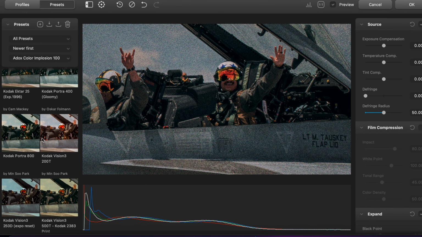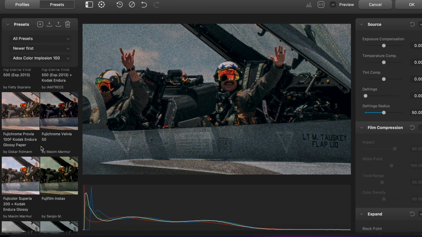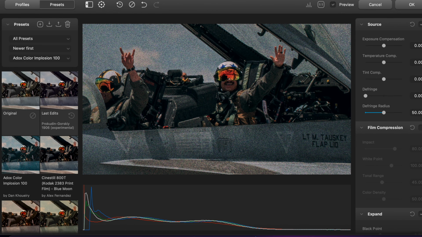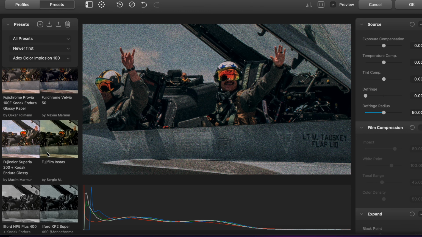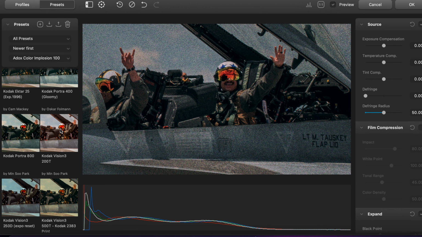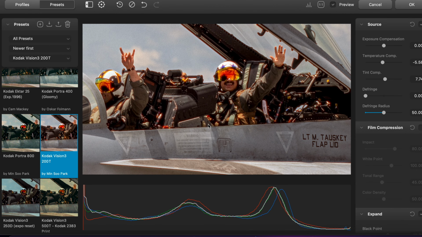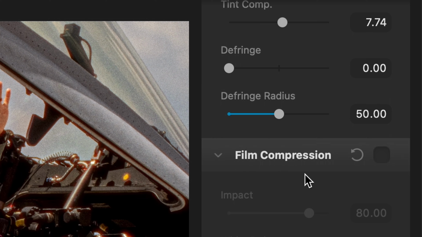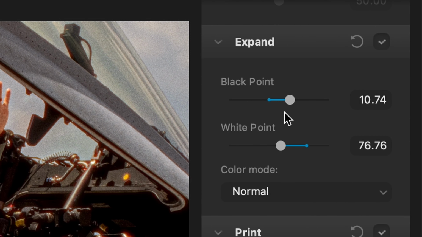But me personally, since I kind of grew up in the 90s, I feel like a lot of the warmer colors, warmer films kind of feel more at home to me, like this Kodak Vision 200T. That feels like my childhood, the 90s, late 80s. And then of course, whenever you're done, if you say, yeah, I want to go with Kodak Vision 3, you just go to the right side here and you can sit here and mess with all the different preset